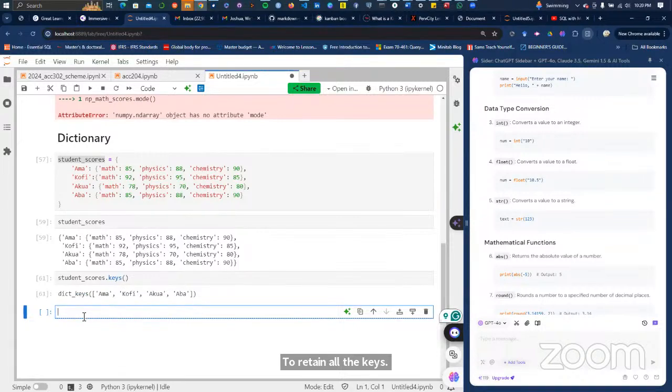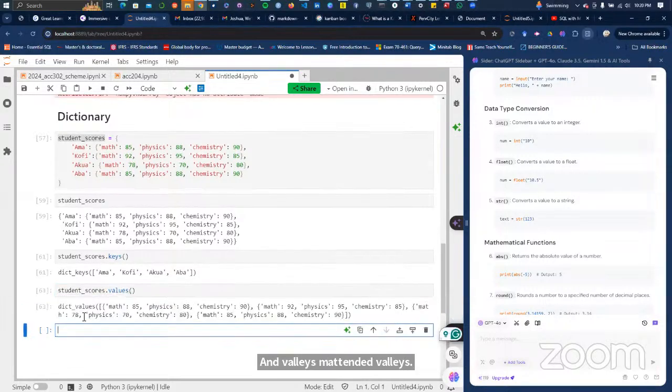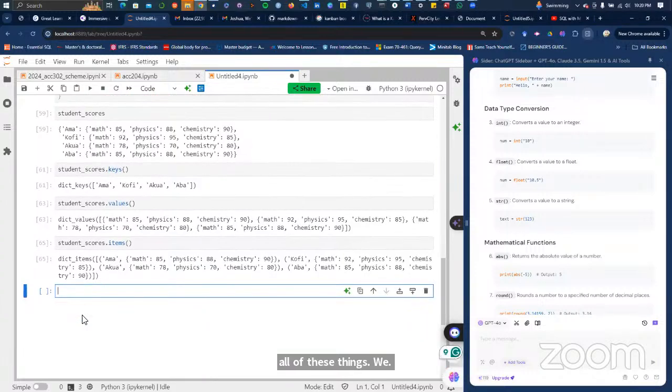And you can do student_scores.values. The values method should also give you all the corresponding values. And you can do student_scores.items. We have actually learned all of these things, we are just revising them. And it gives you all of them as it is.